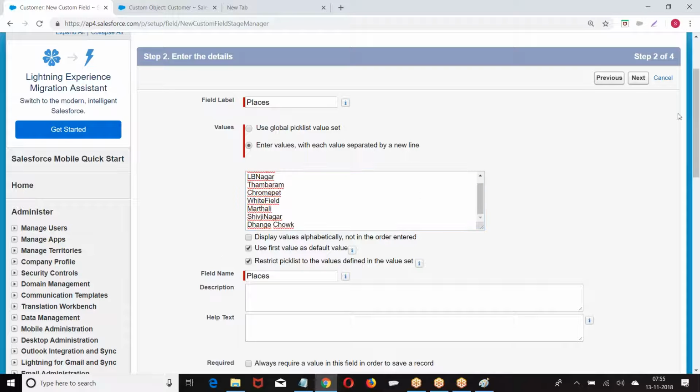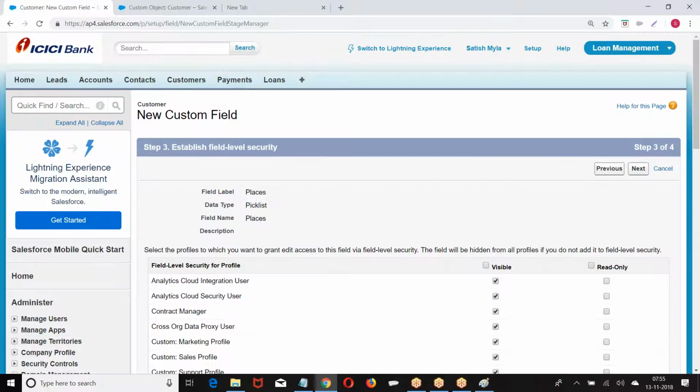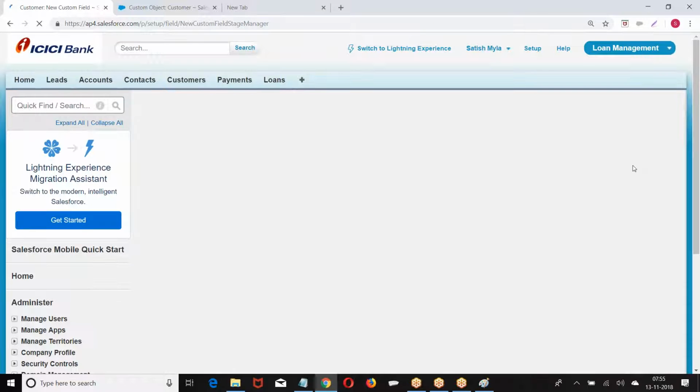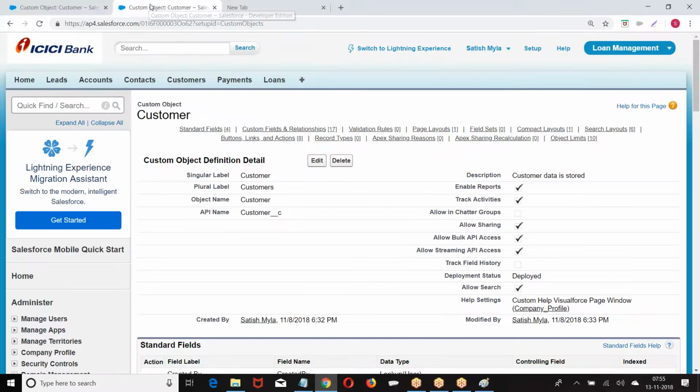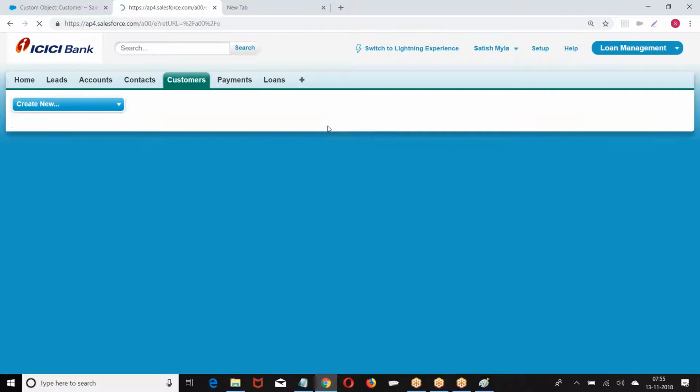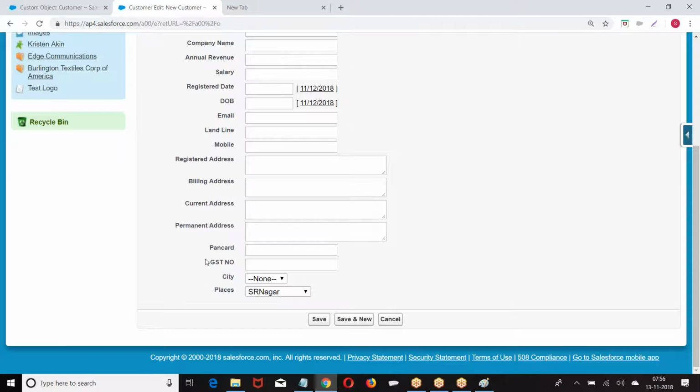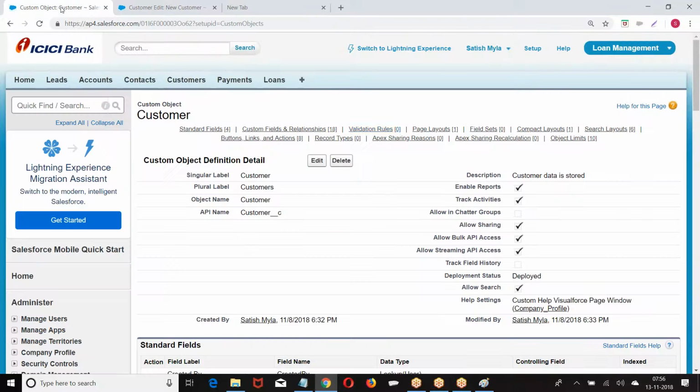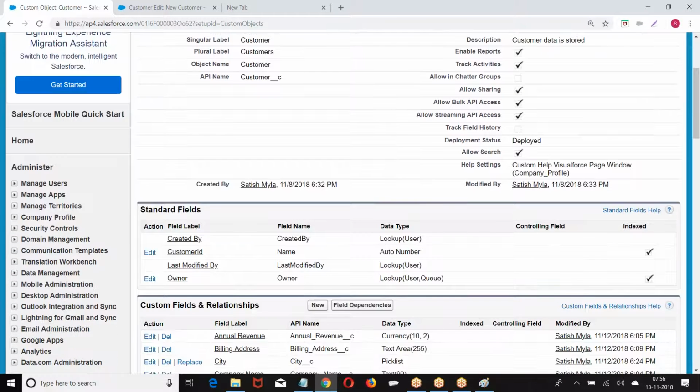Now use the default values, next. Now what I have done here, I created a pick list field, city, places. Now I have an issue here.